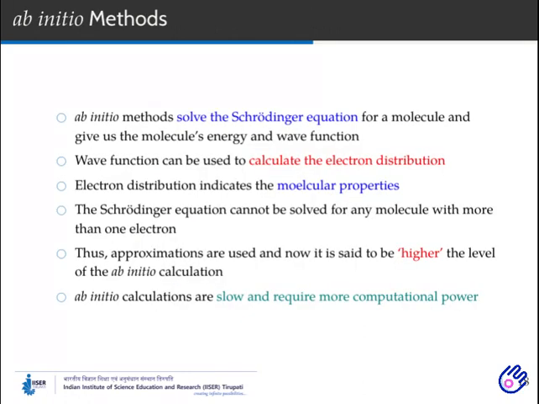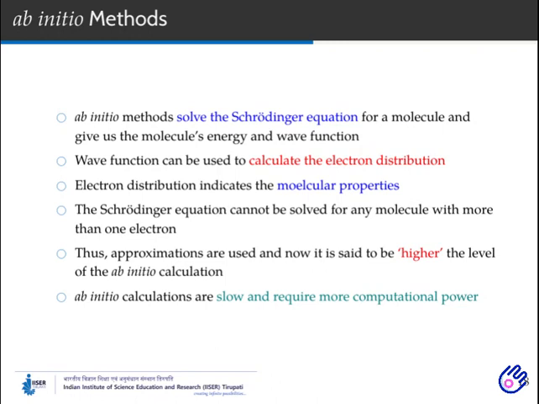Ab initio is a Latin word which means from the beginning, and as its name suggests, these methods use very little approximation and apply to the entire system. Solving Schrödinger's equation will yield two parameters. One is molecular energy and the other is the wave function. Molecular energy has many chemical significances. For example, the higher the molecular energy, we could expect a less stable system. Using wave functions, we could estimate the electron distribution in the molecule at a particular instance. These distributions can be interpreted as the properties of a molecule.